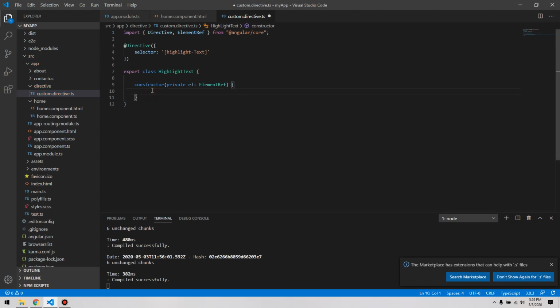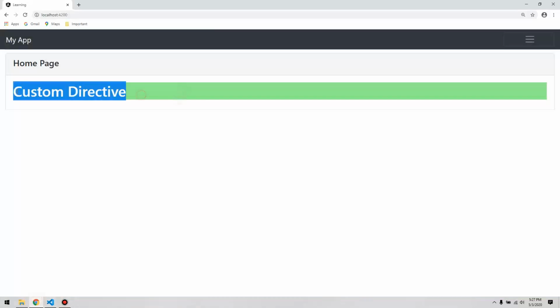Now we're going to use this el object's nativeElement property, dot style dot background equals a color name, so I'm just giving light green. Yes, that's it. The code compilation is done again, and we'll cross-check quickly in the browser. Our changes are reflecting now in the browser. You can see the color is appearing on the h1 tag.